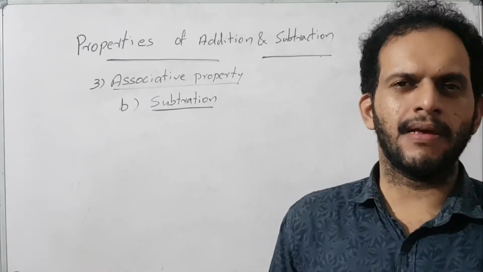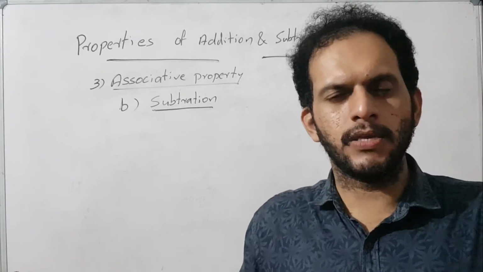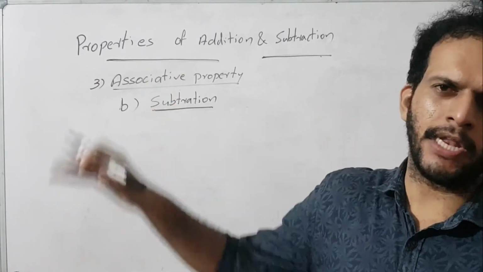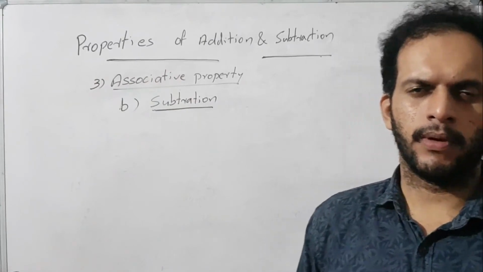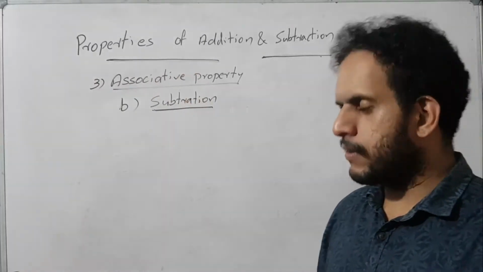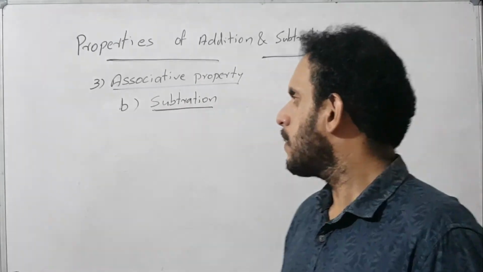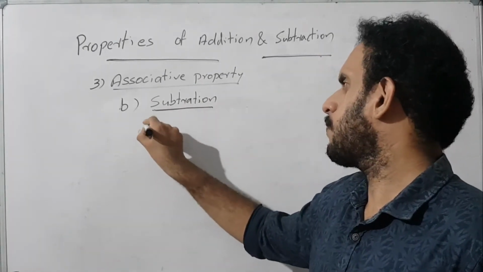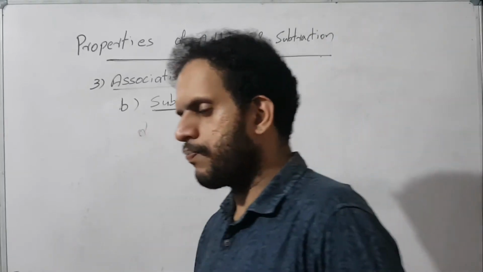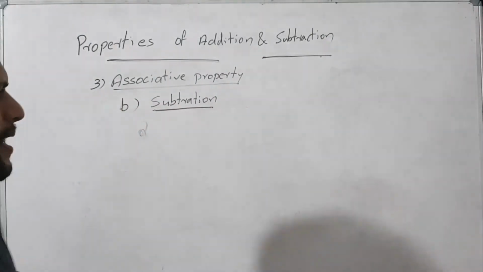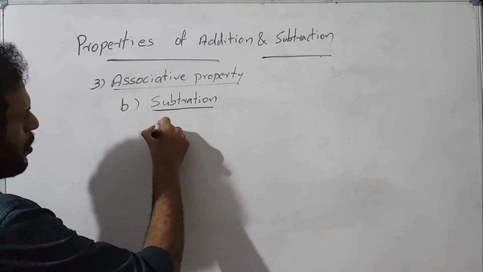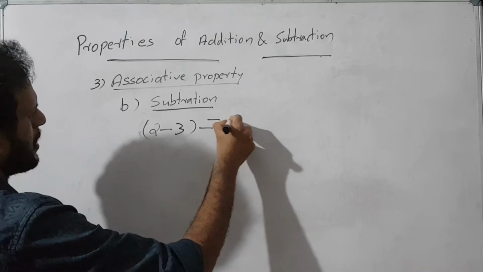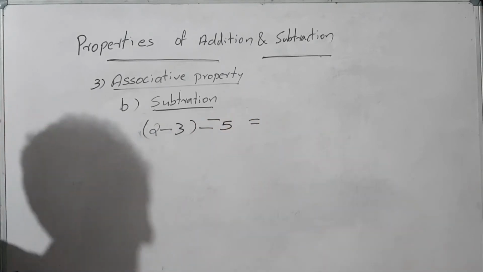Let's discuss the associative property in the case of subtraction. We already found that addition satisfies the associative property. Next we discuss the case of subtraction. For that we choose the numbers: (2 − 3) − 5 is equal to,